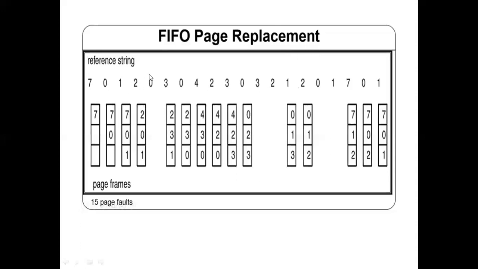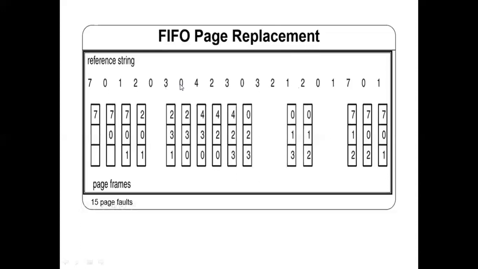Now the processor is looking up page 0. But page 0 is already there in the memory, so there is no page fault. So you have to understand this: if page 0 is looked up by the processor and it is already there, you need not do a page fault. Then page 3 is looked up by the CPU. Which one do I remove? After 7, it was 0 which had come, so I remove page 0 and swap in page 3.